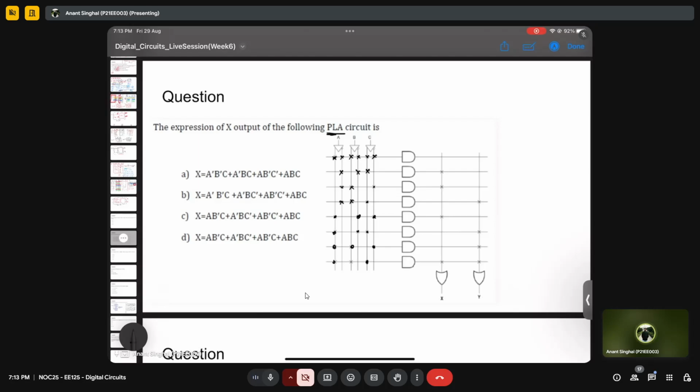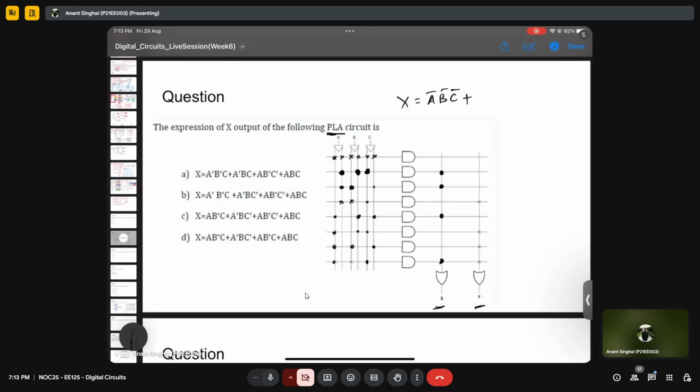So for example, this is X and this is Y. So X is connected to this, this, and this, which is basically, so the first is this, which is, oh sorry, this is A bar, B bar, C. So if I write X is A bar, B bar, C,